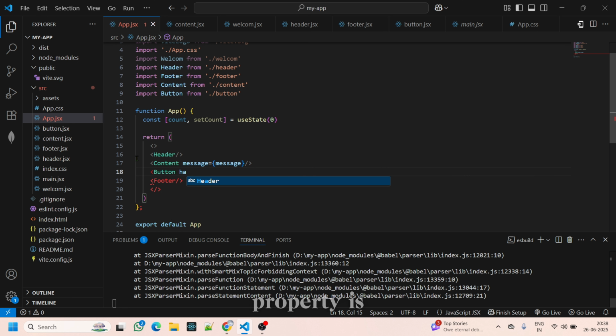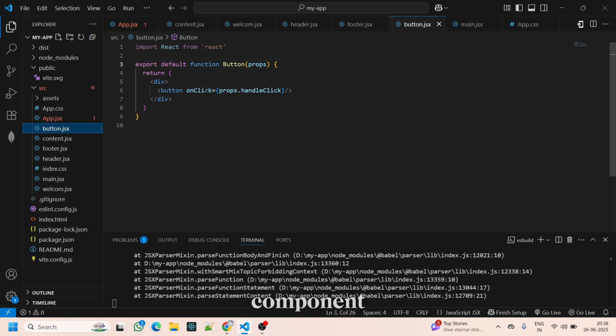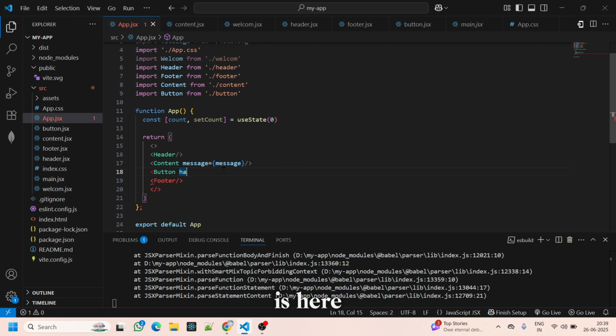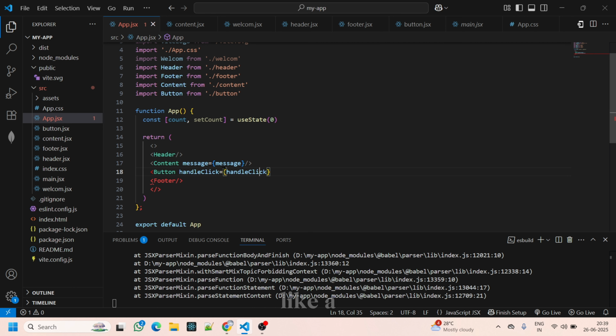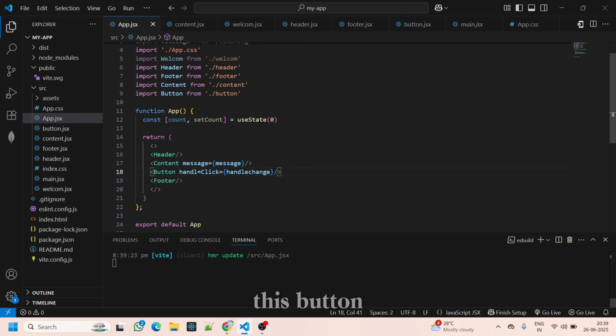Here the property is in the button component. When you click, it should happen like a handle click property. This property is here, so we are using that property here. Handle click. What should happen? There should be an event. I'm going to do an event like handle change, or a function. It was a function. So whenever you click this button,